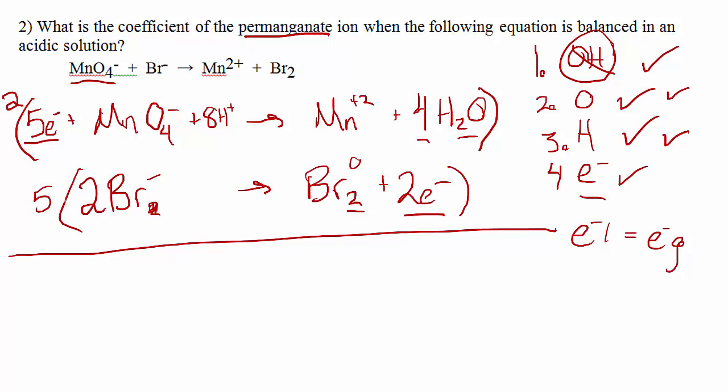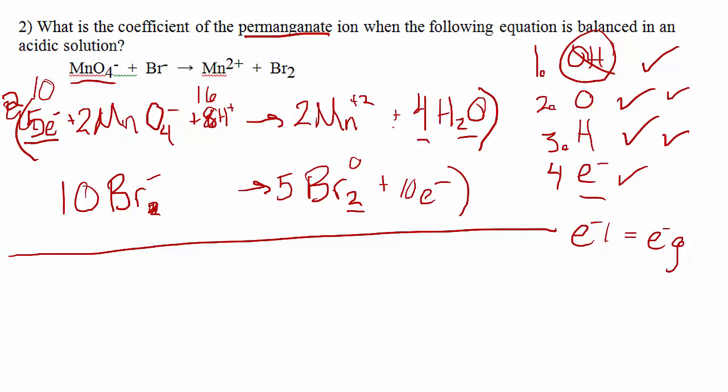So now I distribute all that, right? So let me do that right here. I'm going to get 10 Br minuses. I'm going to get 5 Br2 and 10 electrons. I'm going to get 10 electrons up here, 2 permanganate, 16 H pluses, 2 manganese, and 8 H2O. So when I add all these up together, the electrons are going to cancel out, and I'm left with,